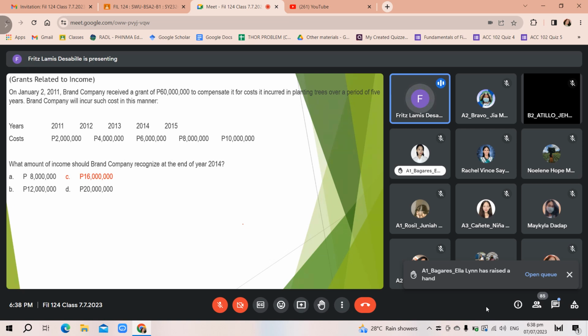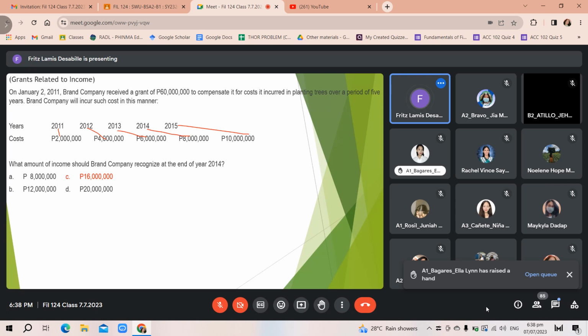Nya naa tay cost guys. Ang cost nato sa 2011 2 million. Cost nato sa 2012 is 4 million. Cost nato sa 2013, 6 million. Cost nato sa 2014, 8 million. Cost nato sa 2015, 10 million. Sorry, wala siya na-align. 2011, 2. 2012, 4. 2013, 6. 2014, 8. 2015, 10. Okay, now, question, in 2014 or in year 4, what is the income that we should be recognizing